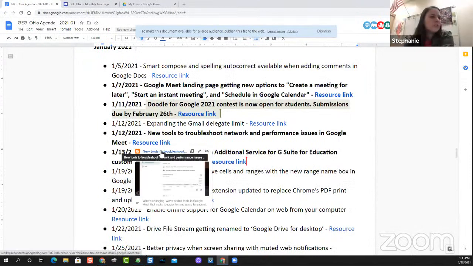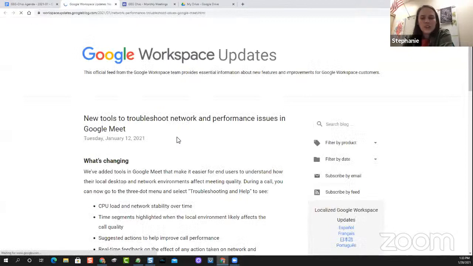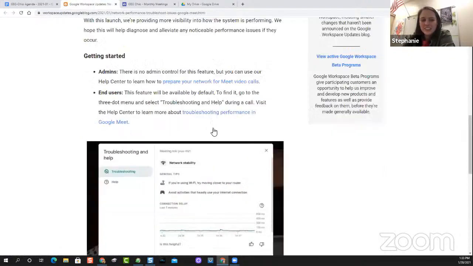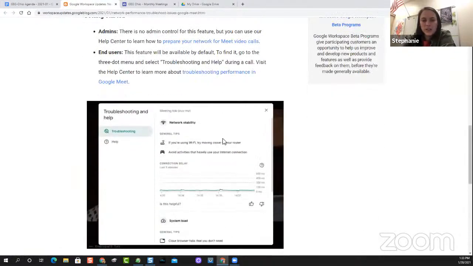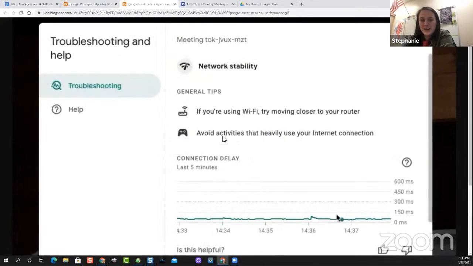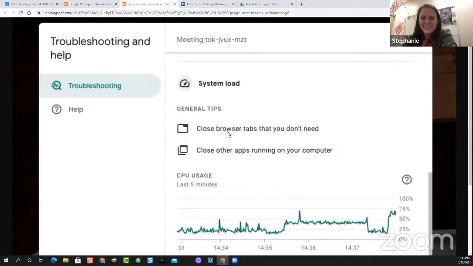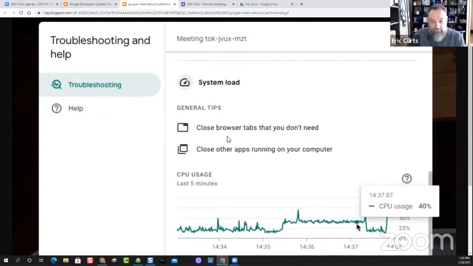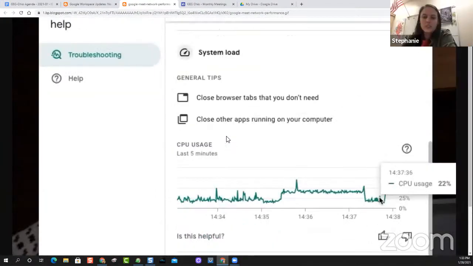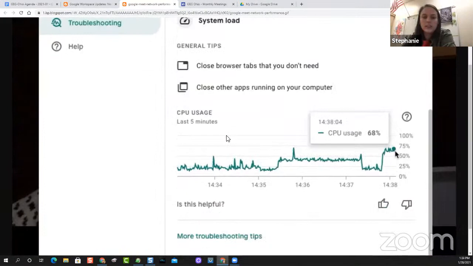So, new tools for troubleshooting network and performance issues in Google Meet. I know a lot of our students have been having issues with Google Meet. I believe it was down a couple of weeks ago, and we definitely felt that hit. Yes. But here you can go in and see exactly when the student had issues and what kind of